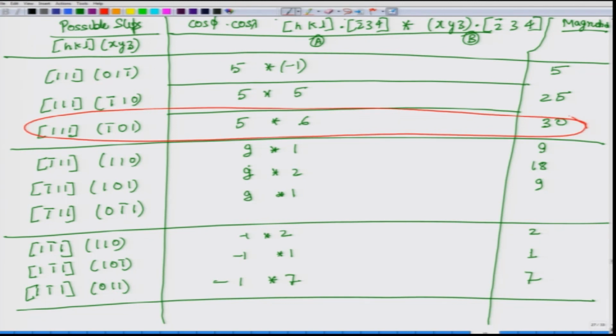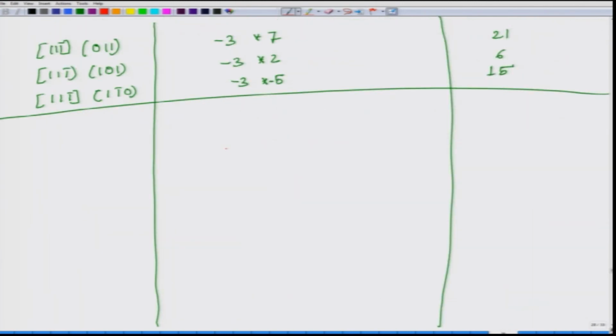value 30, which means that if you were to calculate sigma yield strength by tau CRSS by cos phi cos lambda, this particular plane, which is, if you go back, the plane which gives you the highest one is 1 1 1 bar 1 0 1. So, for this it came out to be 30, and in the denominator you have A and B.